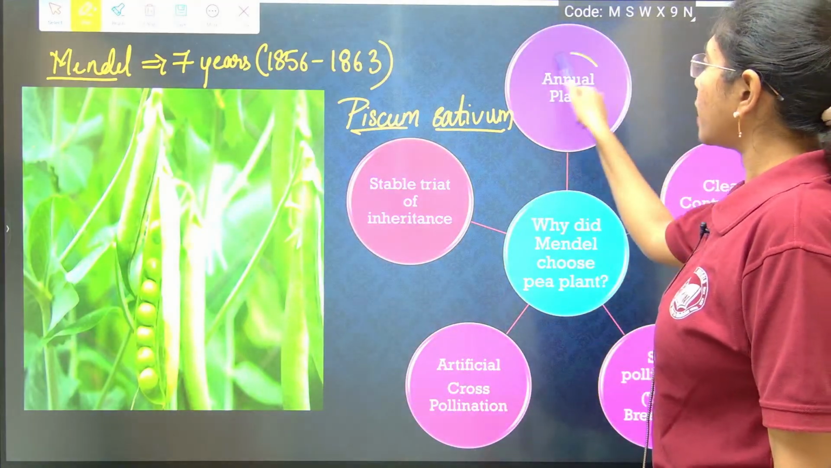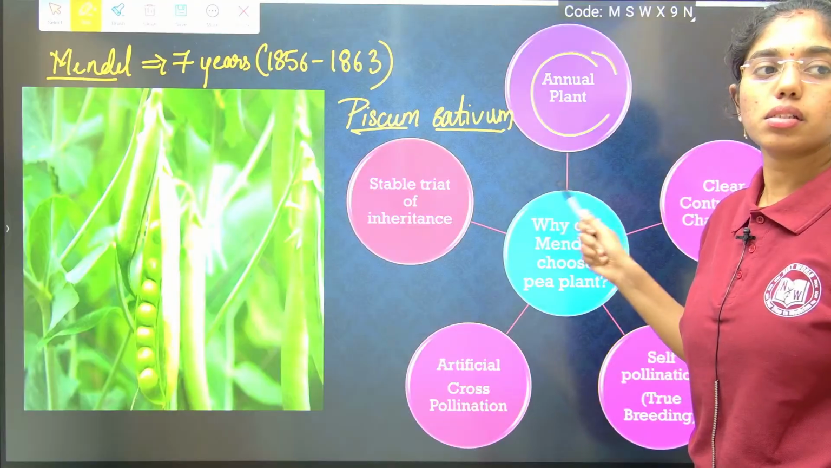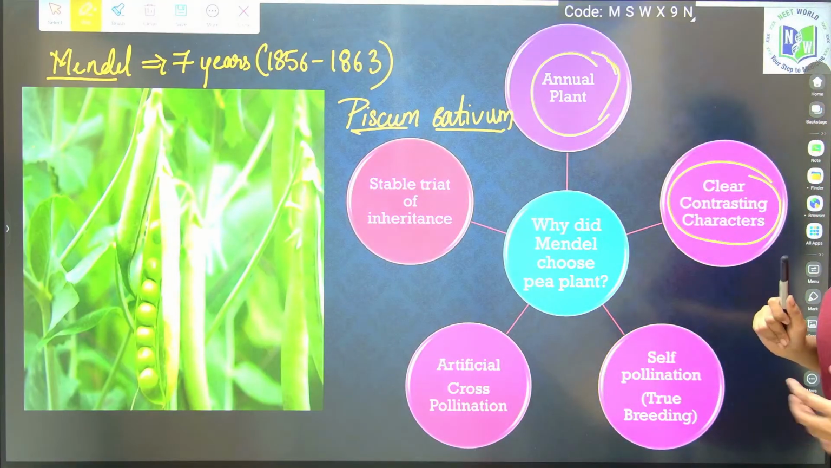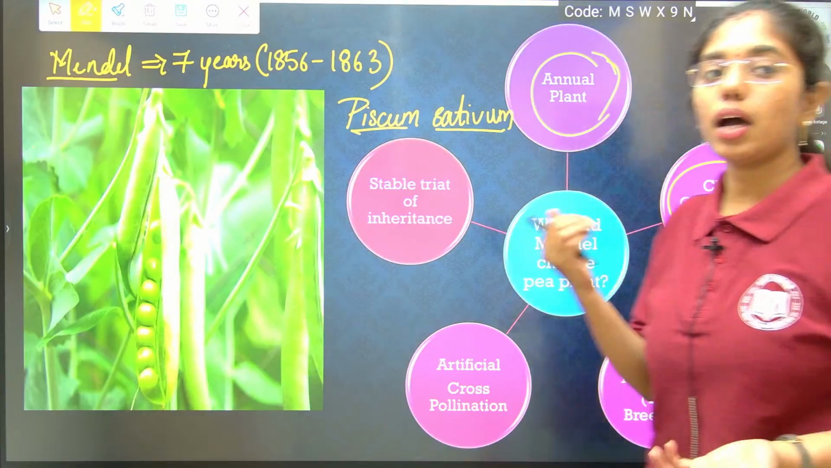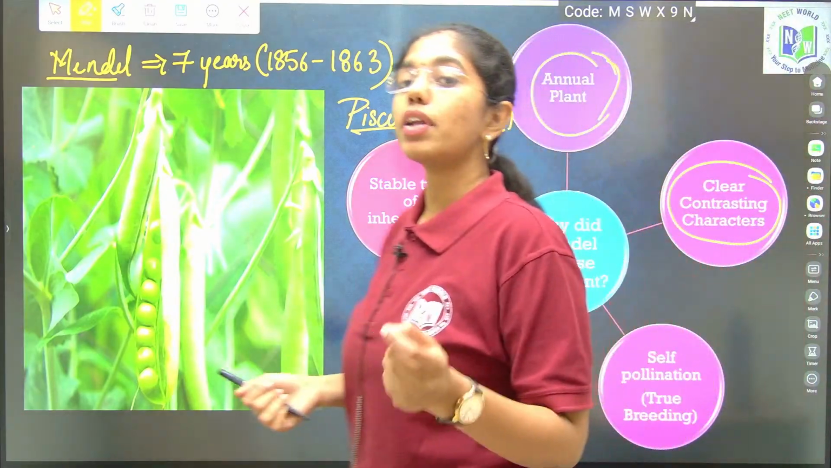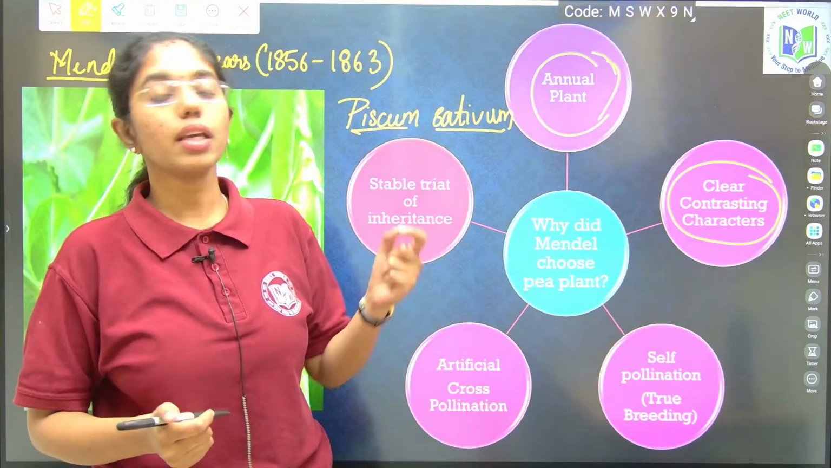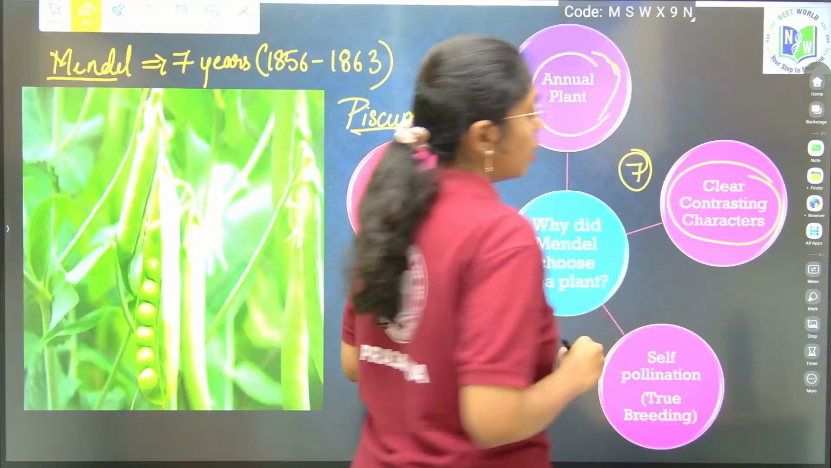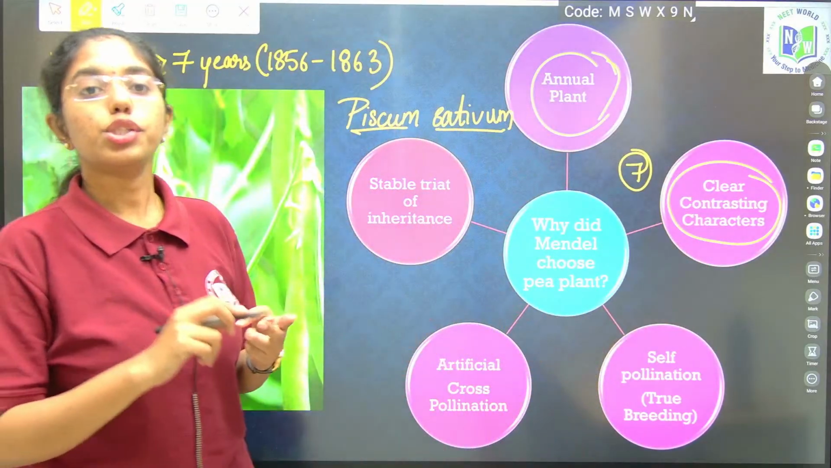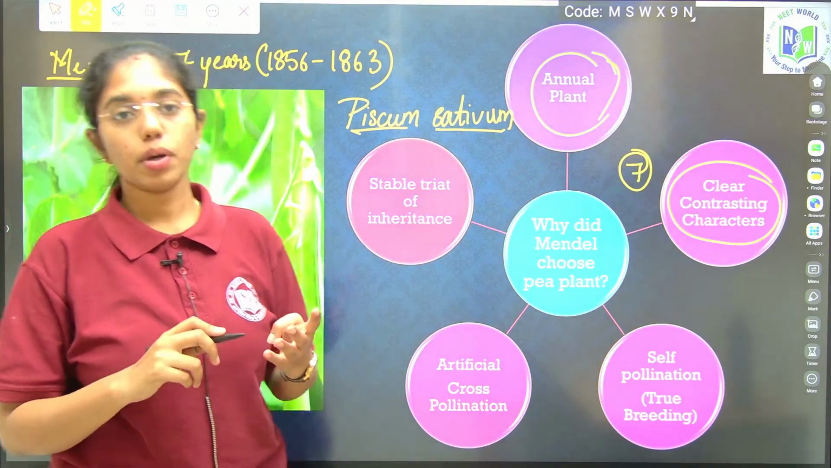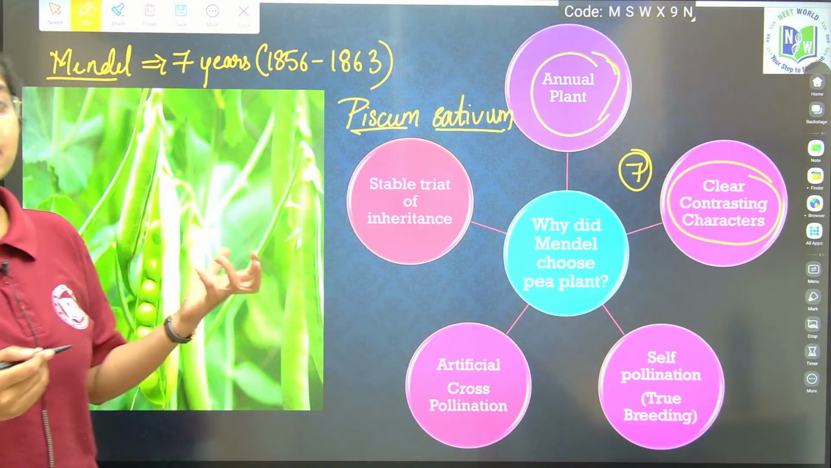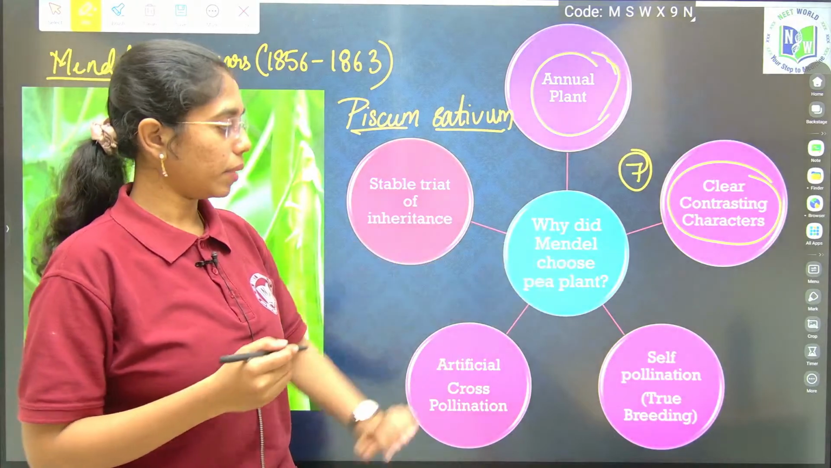Because garden pea is an annual plant, it completes its life cycle in a single year, and it exhibits clear contrasting characters, be it in the height. As such, 7 contrasting characters were taken into consideration by Mendel: seed color, seed shape, pod color, pod shape, flower color, plant height and flower position. These are the 7 traits considered by Mendel. And